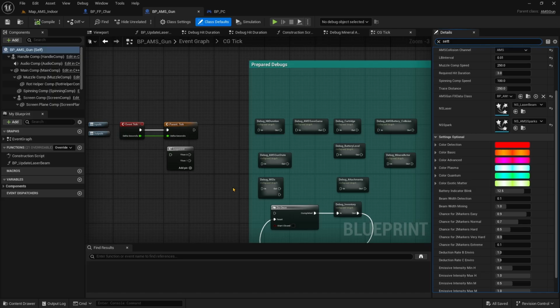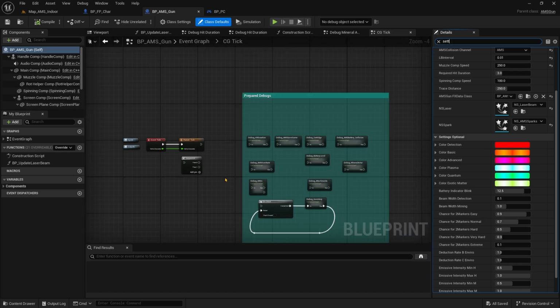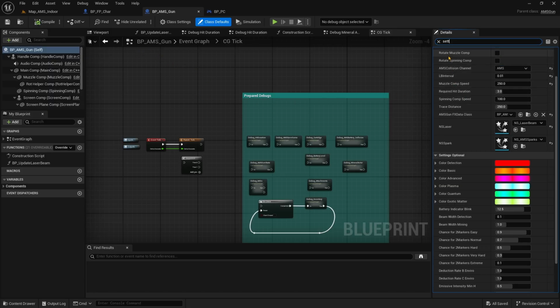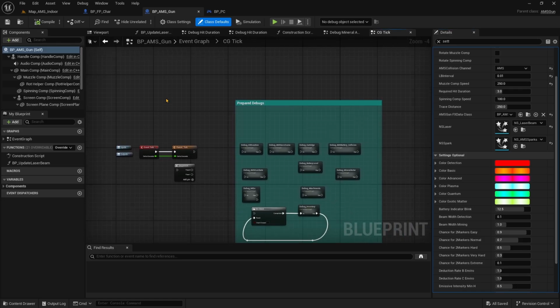If you really want to understand it, then the best way is to go to C++ code and use F12 or Ctrl-Shift-F to find all and have a look how it's used throughout the code. Mostly in these main widgets or stuff that runs on the tick, I have already established some communication between the classes at the begin play. You should be able to find those variables and see how it was done, so you can reverse engineer it